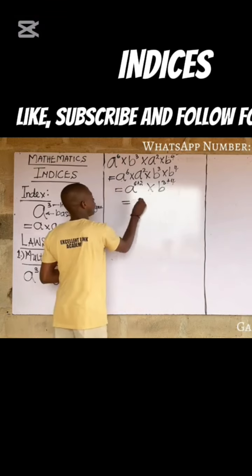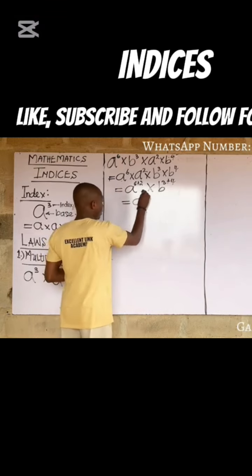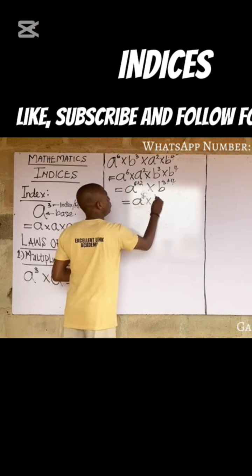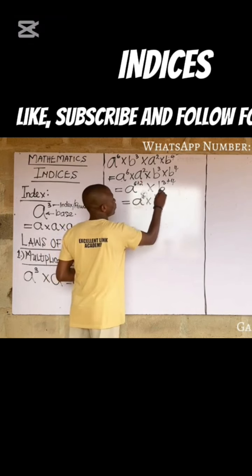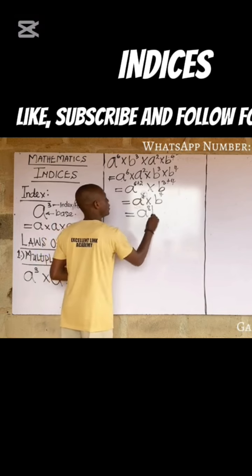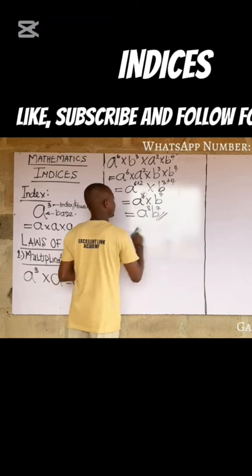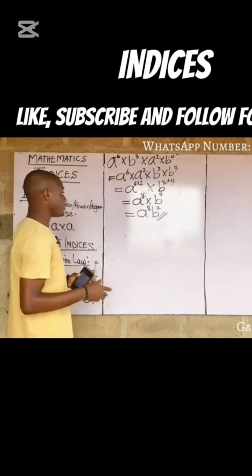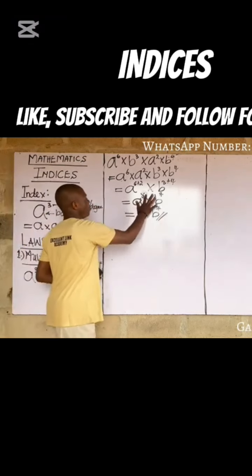What do I get here? That becomes a to power 8 times b to power 7. This gives a to power 8 b to power 7 as being my answer to this particular problem. So it becomes